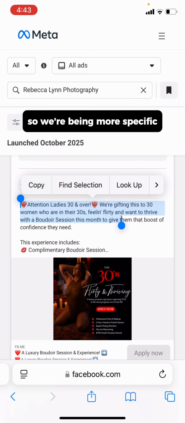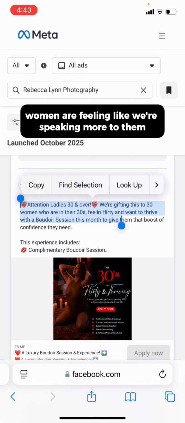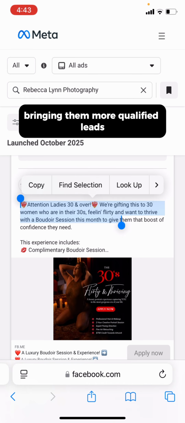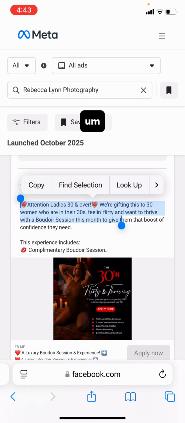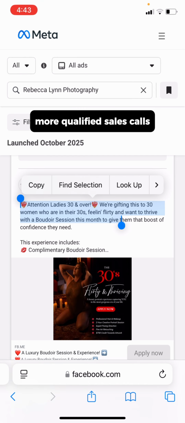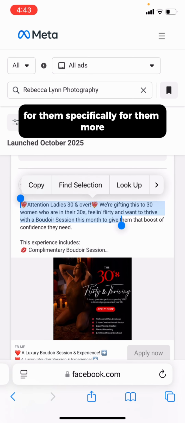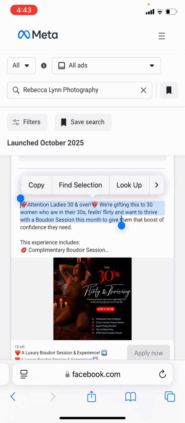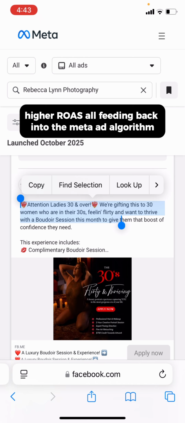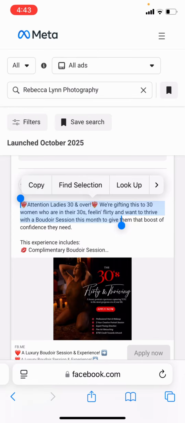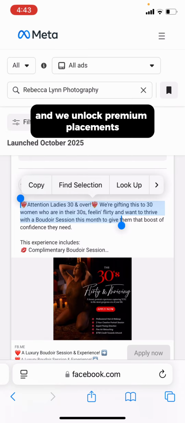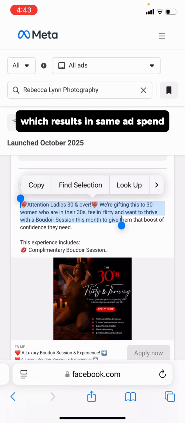So we're being more specific. Women are feeling like we're speaking more to them, bringing in more qualified leads, more qualified sales calls, more qualified bookings, more people feeling like it's made specifically for them, more sales, more revenue, more conversions, higher ROAS, all feeding back into the Meta ad algorithm, and we unlock premium placements with better Meta profiles for tranche 2, which results in same ad spend, better results for tranche 2,